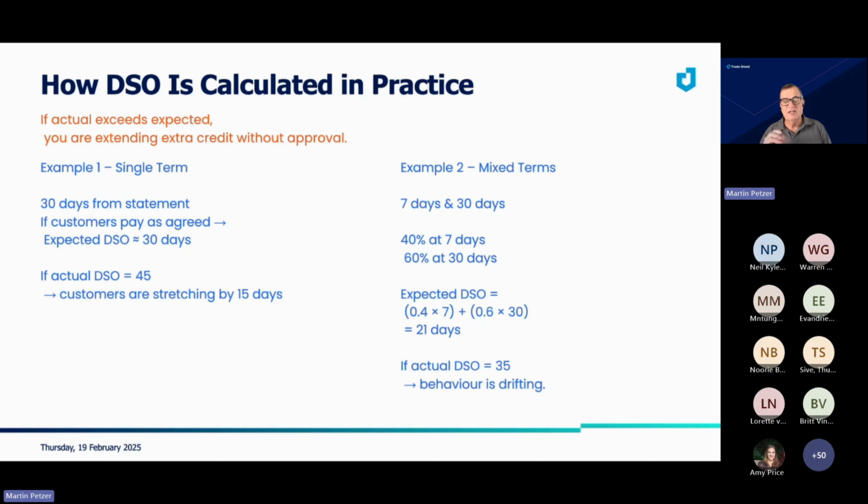Now, some people's 7-day terms are 7 days from date of statement and not necessarily 7 days from date of invoice, also a different calculation. You've got to understand the terminology that you've used in your terms and conditions. And when you start saying in your terms and conditions that these are our terms, make sure that your system that you are using, your major platform, your debtors control platform, your ERP system, works according to what you say.